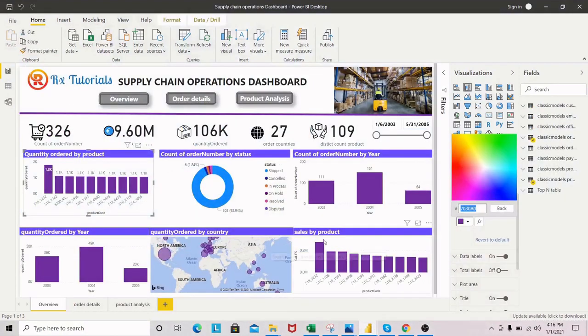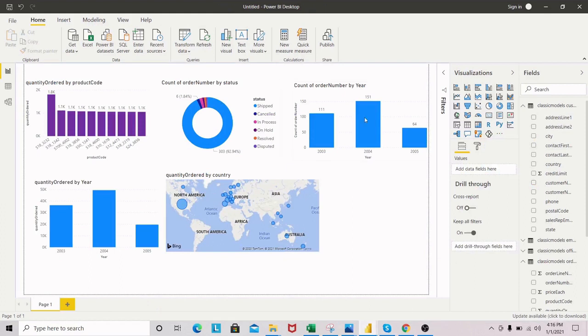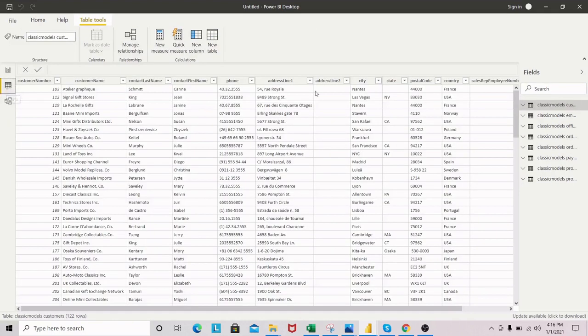In our last chart, we are going to do our sales by product. So in our sales by product, in this table, we have the price of each. We have a quantity ordered, so we can just multiply the price of each by the quantities, the price by quantity, to get the sales revenue. So what we are going to do is we go to the tables,